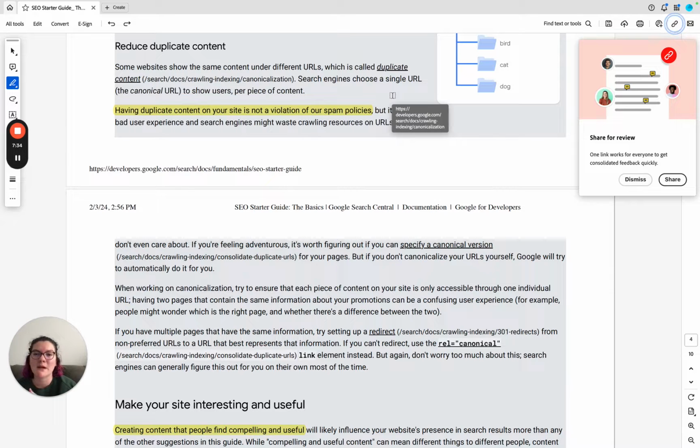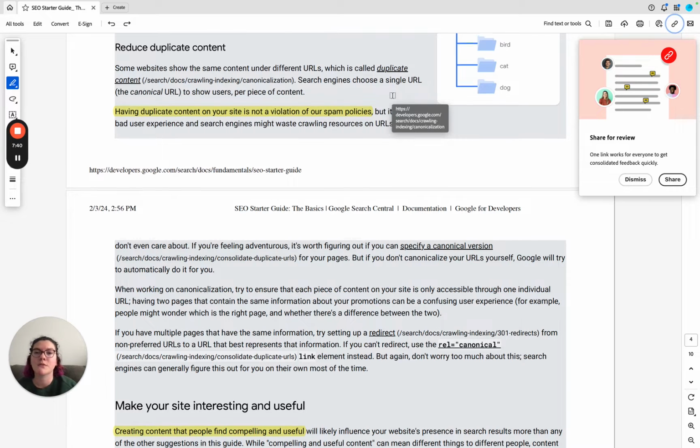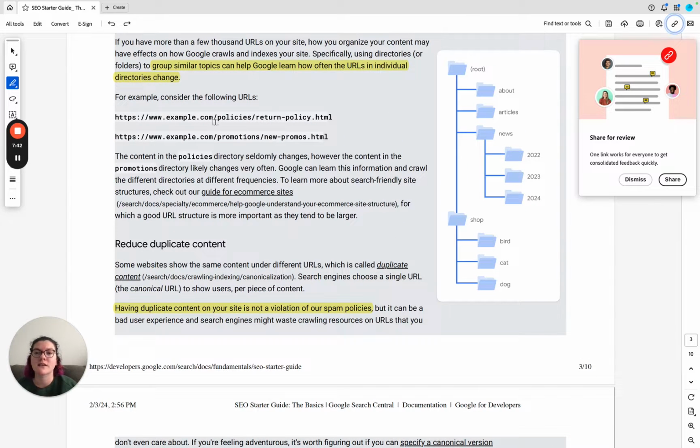Now we talk about duplicate content. They were focusing on duplicate content as being within the same site. For example, if you had example.com/policies/cats, and then you had example.com/promotions/cats, and it's the same post, which happens if you put it in two categories and you have a URL structure like this, that's bad, because it's not good for the user for you to have the same post technically